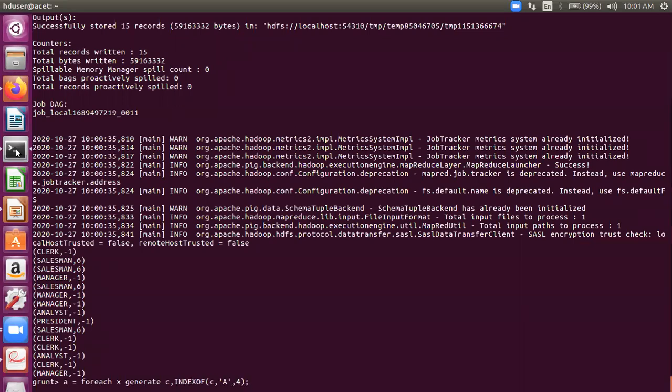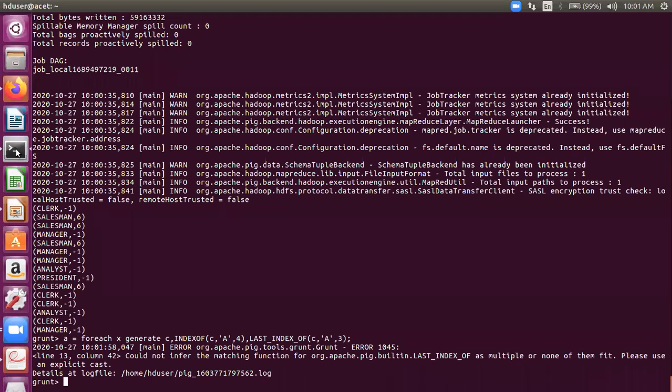Let's include it along with this query, using last index of on the job itself, starting from 3. I've made this query now. I'm generating the index of and the last index of. Pay attention to the last index of and understand what it does. Last index of is another way of writing it.